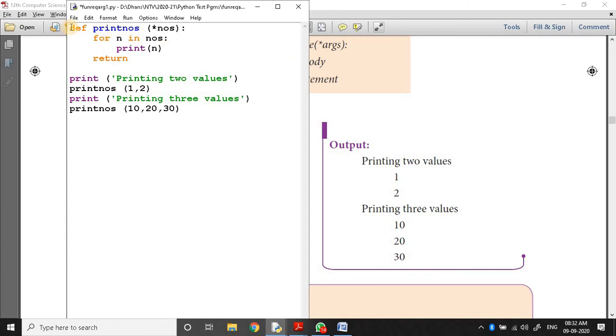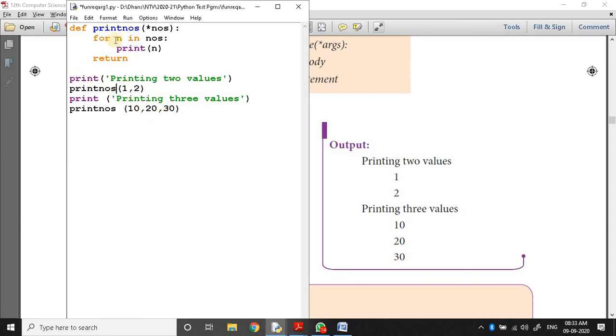So this is the function definition. This function definition consists of 2 statements, and the for loop consists of only 1 statement. Here nos is the variable length argument. This print statement prints this message.